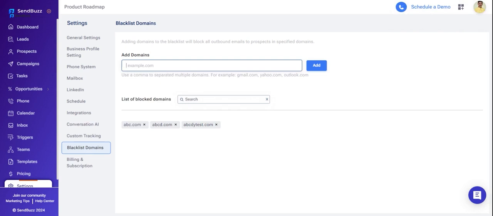You can review and manage your blocked listed domains at any time. Simply return to the blacklist domains section to view the list. To remove a domain from the blacklist, click on the delete icon or a cancel icon next to the domain name